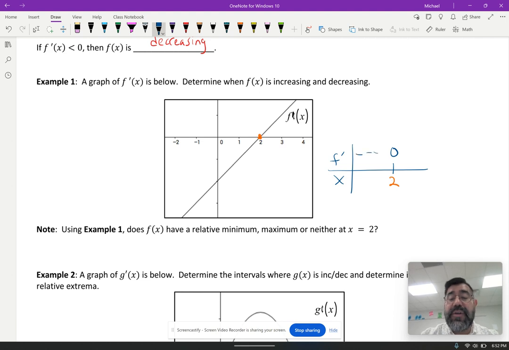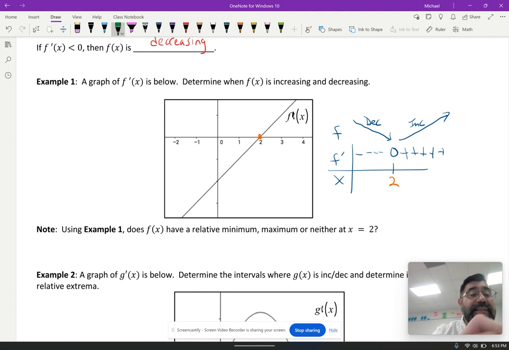So then they would say, oh, well, then it's negative here. And then on the other side of 2, this graph, which is the derivative, is positive. So then positive, positive, positive, positive. Well, then this tells me something about the original function, right? The original function is decreasing, and then it's increasing. So I'm going to make that statement and say f of x, well, I'm going to say